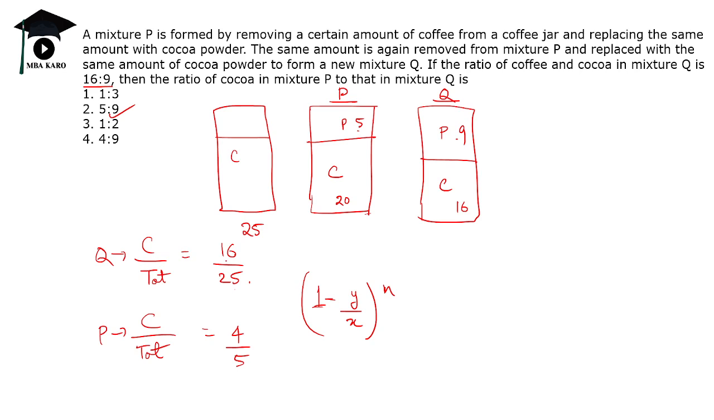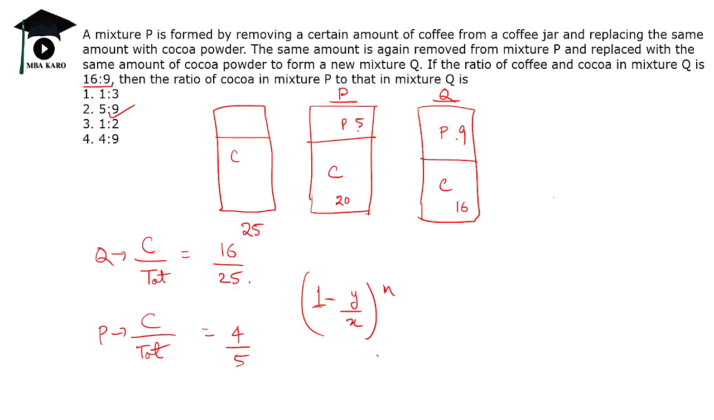So if after two transactions the ratio is with respect to the total, okay, don't take 16 ratio 9, take 16 ratio 25. So the amount of coffee with respect to total after two transactions is 16 ratio 25. After one transaction, it would have been 4 by 5. Suppose we had to do one more transaction. In that case, it would be